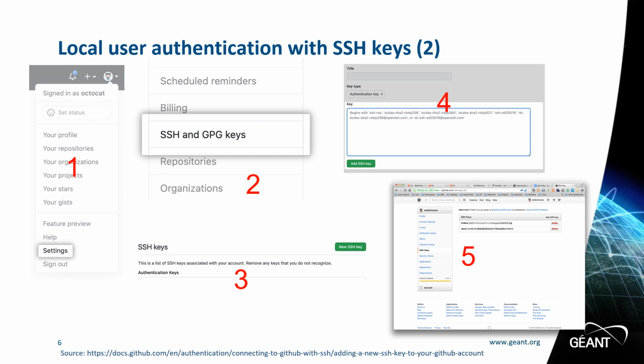Then click New SSH key or Add SSH key. Add a descriptive label to the title column for the new key. Choose either the authentication or signing key type. Authentication is the most appropriate selection. Select Add SSH key. If all is OK, you will see your key in the list of SSH keys added to GitHub.